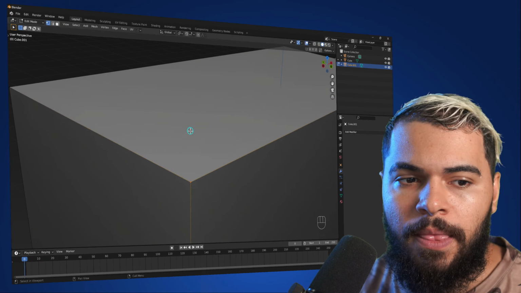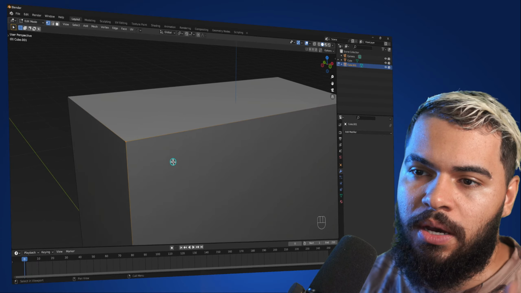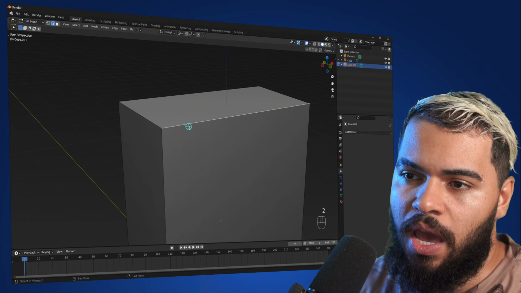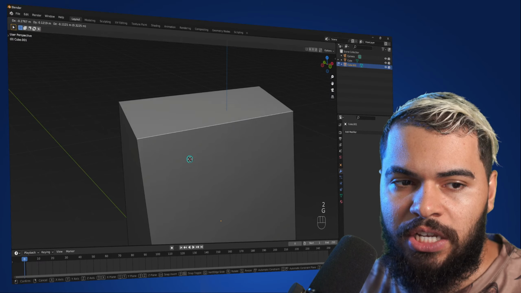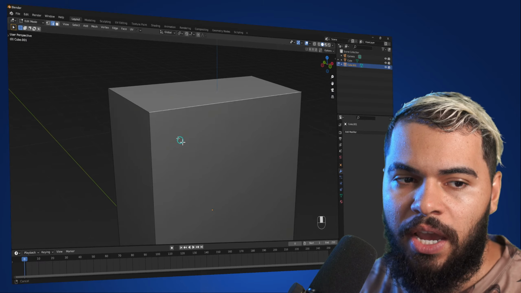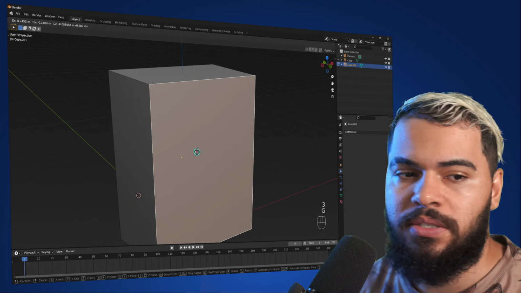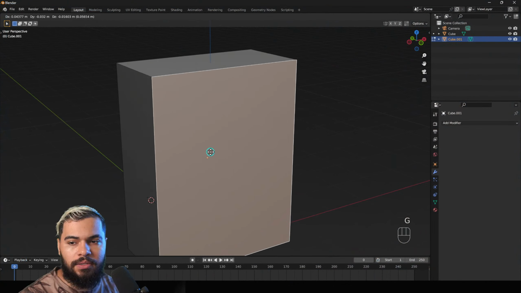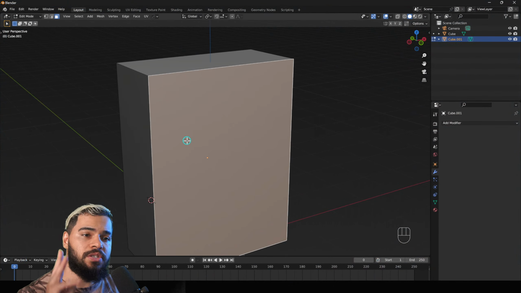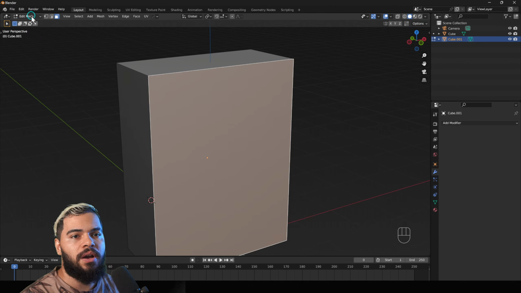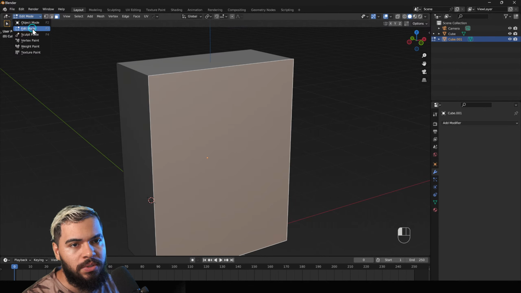As you can see, above this you also have the edge that you can change here, all right? And the face, which is this one here. You're just going to need to know these 3 buttons for now. You need to go to edit mode, all right?